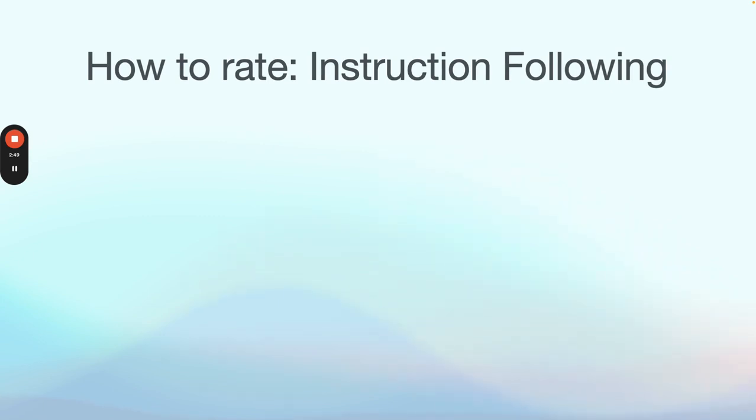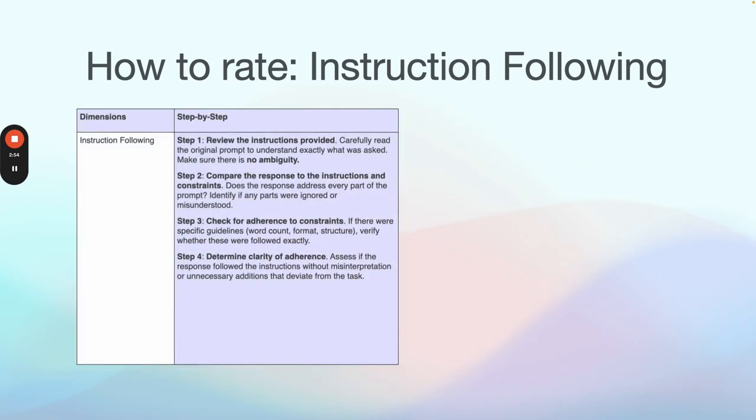Let's talk about how to grade some of the bigger dimensions here. All dimensions are equally important, but these ones tend to be the trickier ones. So, instruction following. This is going to be in your instructions document as well. It's a step-by-step guide on how to evaluate instruction following. Basically, step one, review the instructions provided. Step two, compare the response to the instructions and understand: did it ignore any parts? Did it misunderstand them? Step three, if you wrote constraints like a word count or a structure, maybe you said, hey, respond with only the number,